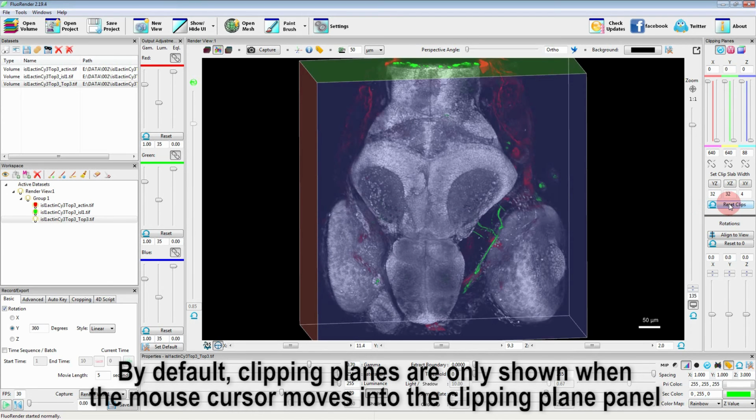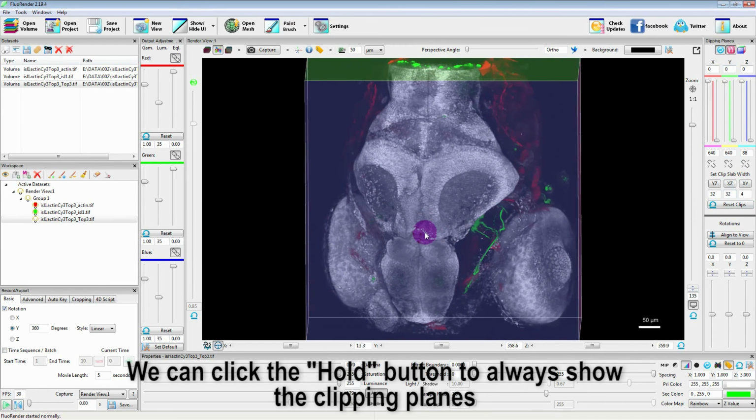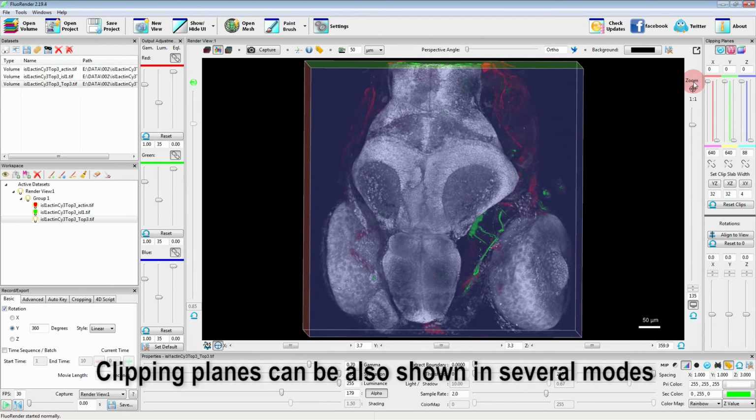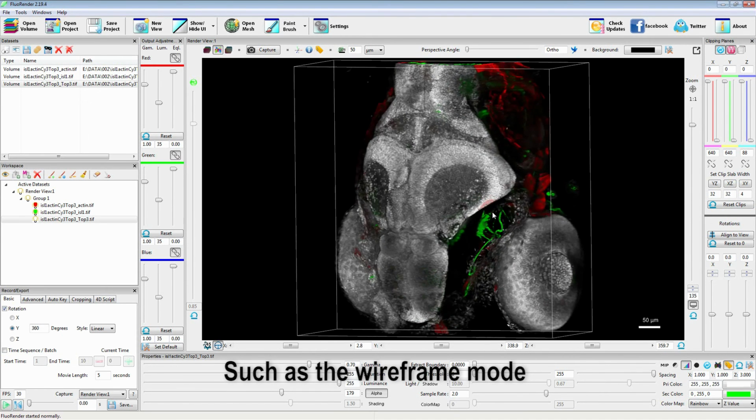By default, clipping planes are only shown when the mouse cursor moves into the clipping plane panel. We can click the Hold button to always show the clipping planes. Clipping planes can be also shown in several modes, such as the wireframe mode,